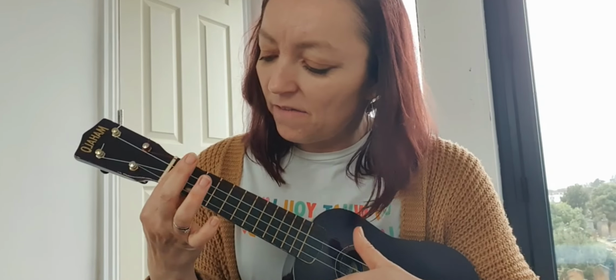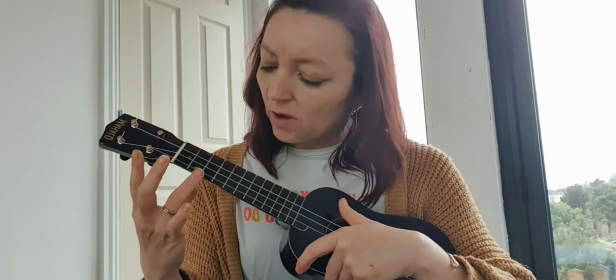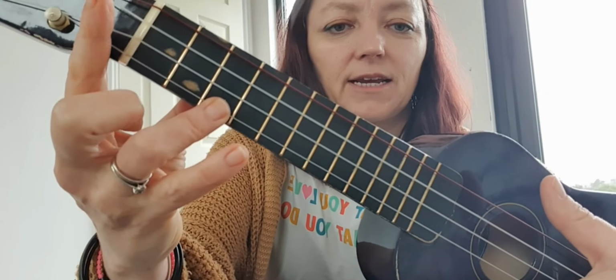The first chord you already know, and it's easy peasy lemon squeezy. It's the first chord we did. Do you remember our C chord? So the first, second, third fret along, and we're going to put our third finger, finger 1, finger 2, finger 3, onto that bottom string there. Can you see? And we're just going to strum